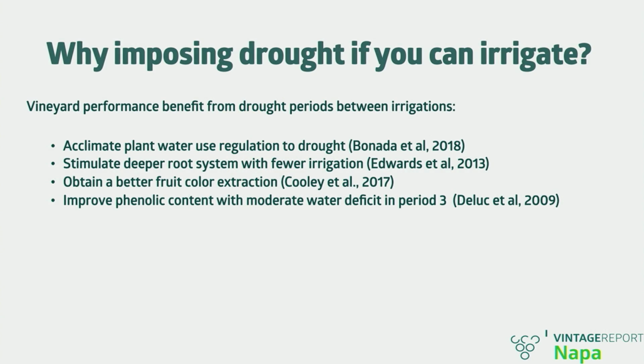Well, from a winemaker standpoint, you have at least 4 incentives to maximize the periods during which the plant experiences drought. Why? Because it has been shown in the literature that exposure to moderate periods of drought will acclimate plants better to sustain more drought stress later. So you have everything to gain in terms of making your vineyard more sustainable by making your vineyard more familiar to sustaining drought early during the season.